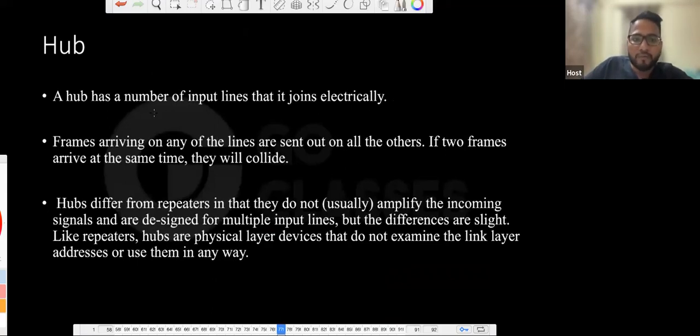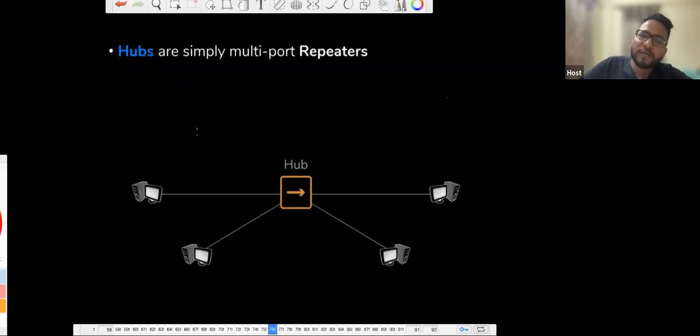So the hub has a number of input lines that it joins electrically. Again, there is no understanding of frames or anything. It just understands bits and voltages, these hubs and repeaters. Now frames arriving at any of these lines are sent out to all the other lines, which means that if this